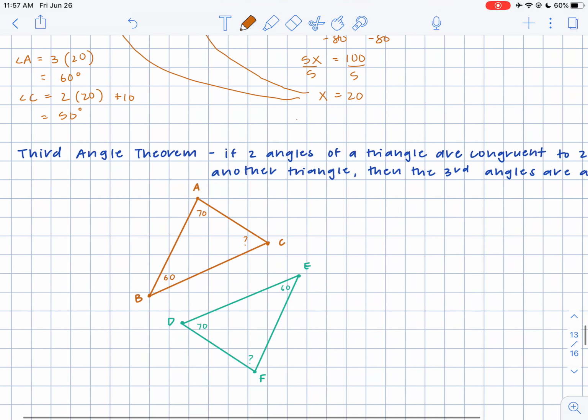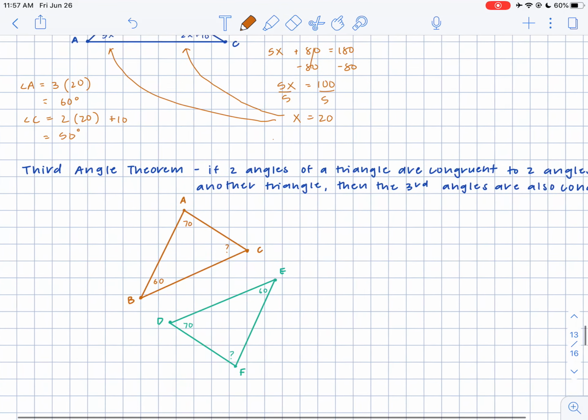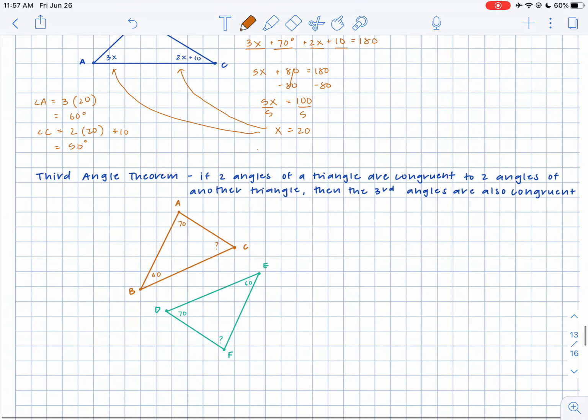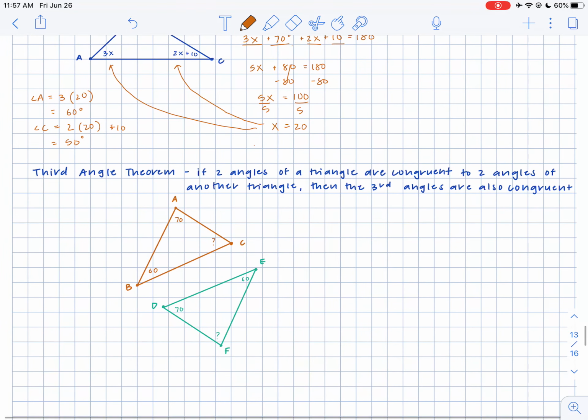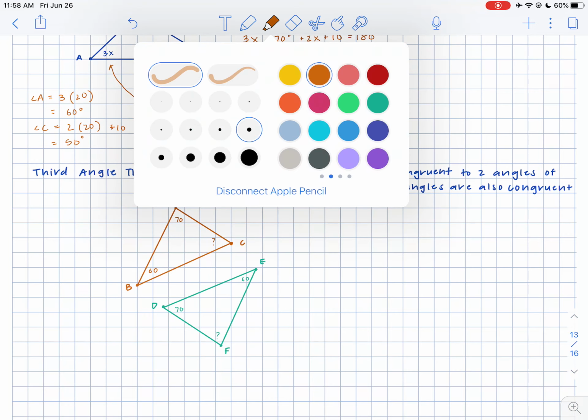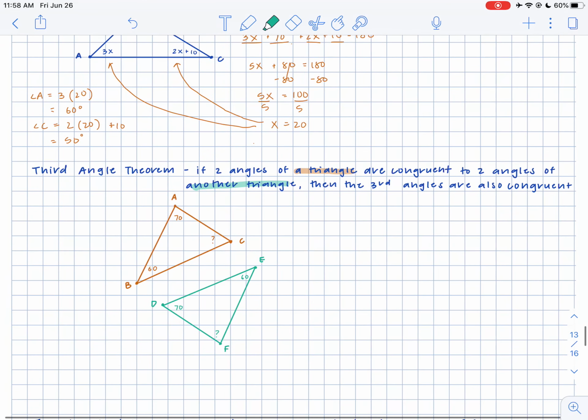Now let's get into this third angle theorem. This states that if two angles of a triangle are congruent to two angles of another triangle, then the third angles are also congruent, okay? So our first triangle would be our orange one. And what is the other triangle? It would be our green one. We see here